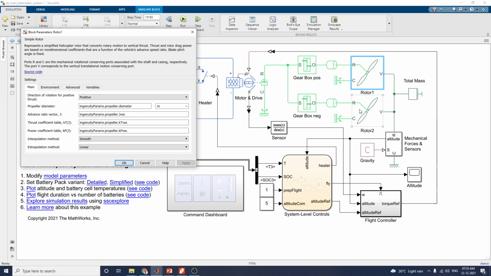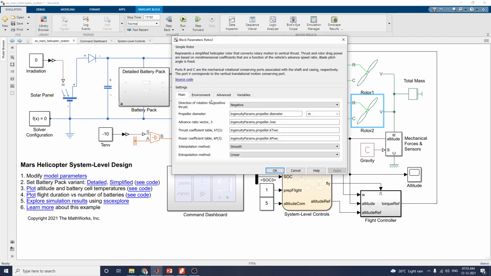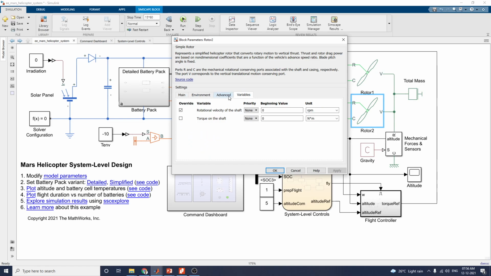And this is the propeller diameter, a tabulated value, and the advance ratio vector. The interpolation method is smooth if selected as smooth, and the extrapolation method is linear. Similarly for the simple rotor for negative, you can see the direction of the positive thrust is negative. Here for environment and advance values, you click on rotational velocity at the shaft,